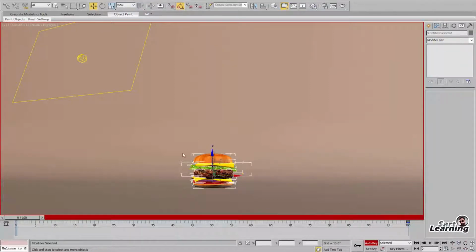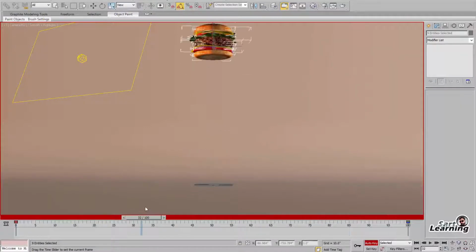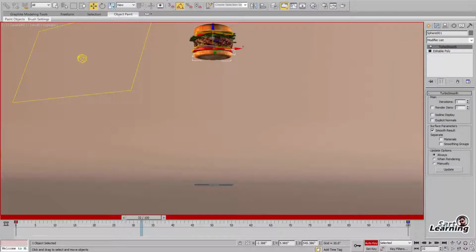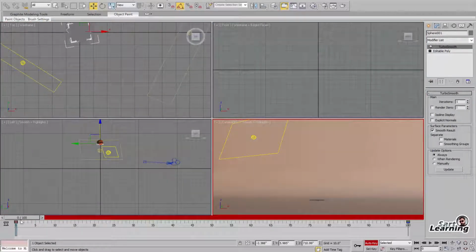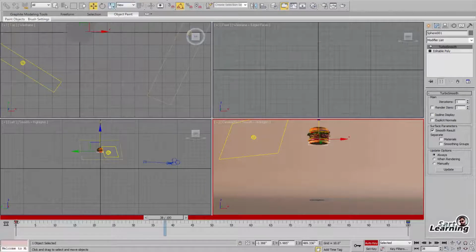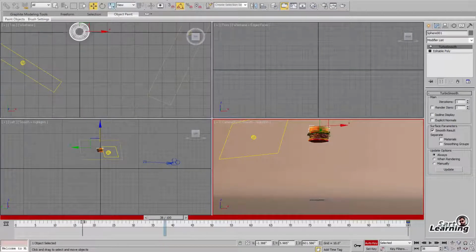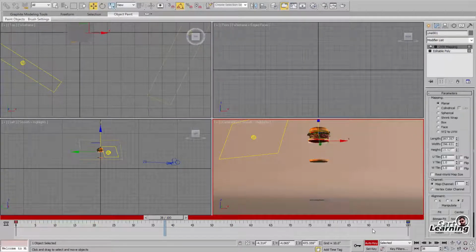So I just apply a key for the burger in the default position at frame 100, and at 0 I move all the geometry of the burger at different timing, so it gives me a smooth animation and randomness in the burger.